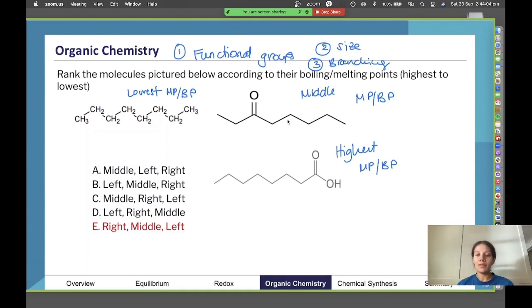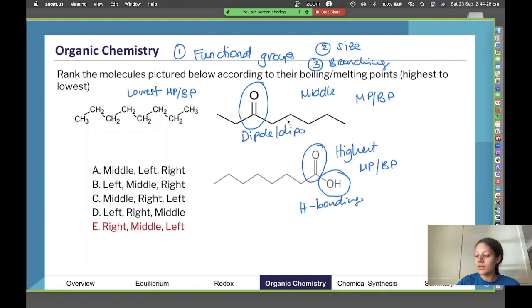Alrighty, so here the highest melting point has the strongest intermolecular force because we have our dipole here and we have our hydrogen bonding here. So we have H bonding compared to this molecule. This ketone here doesn't have H bonding, but it does have dipole-dipole. So that's the next strongest. And then our alkane over here has the lowest melting point because it just has dispersion forces. So we'll write that down too.